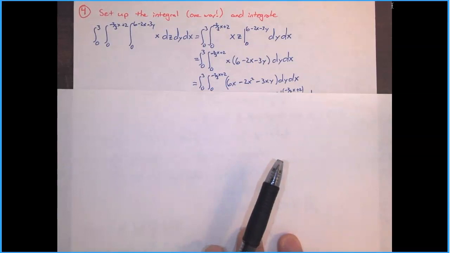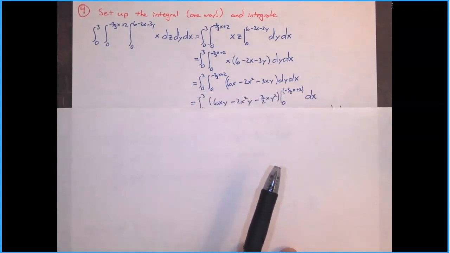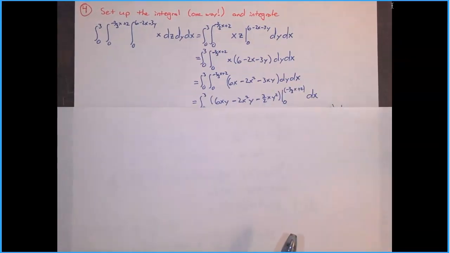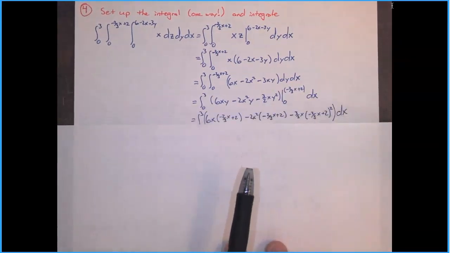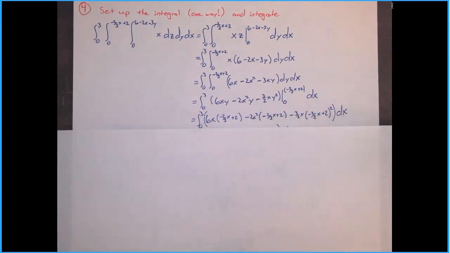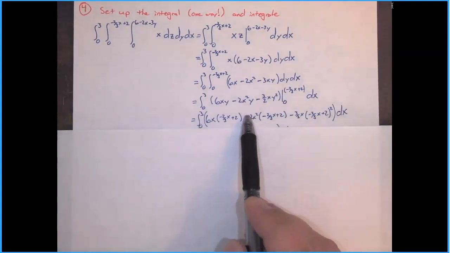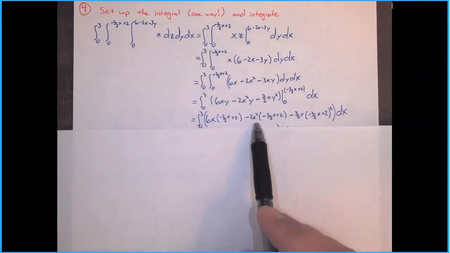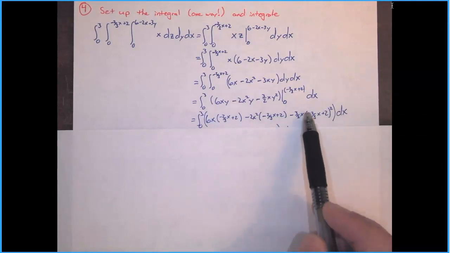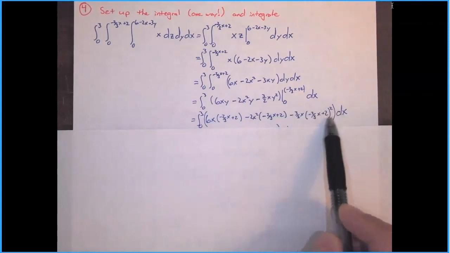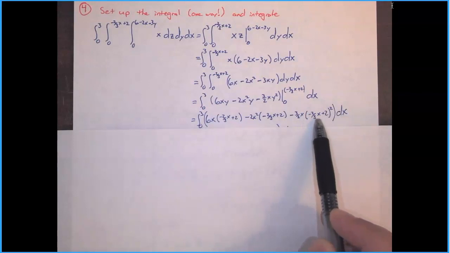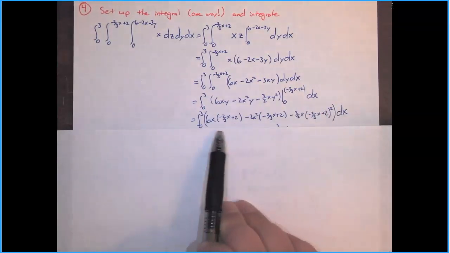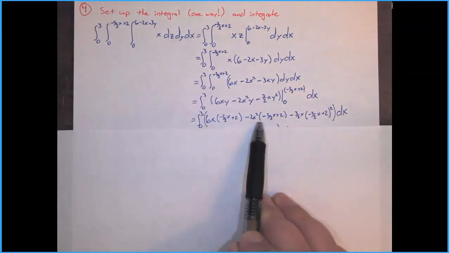So now I'm going to integrate with respect to y. Now I need to plug in my y bounds. When I plug in 0, everything disappears. And now I need to start being a little more careful. Now things are getting a little messy because I have 6x times this line, negative 2/3 x plus 2, negative 2x squared times that same line, and negative 3/2 x times this line squared, negative 2/3 x plus 2 squared. So in the next step, I'm just going to take things a little bit slower,